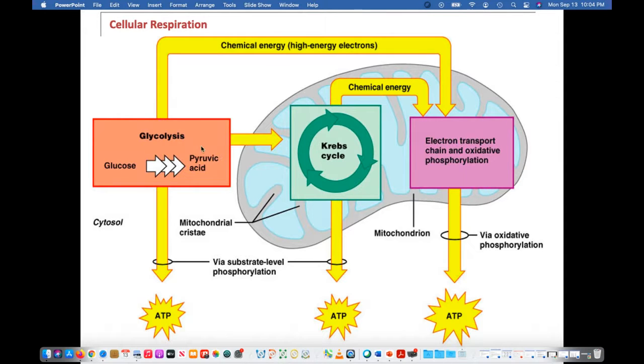When oxygen is available, pyruvate or pyruvic acid can enter the mitochondria and enter the Krebs cycle. The Krebs cycle makes some ATP, not a lot, much like glycolysis. The breadwinner here is the ETC, the electron transport chain. That's where the majority of the ATP is produced. But the Krebs cycle makes